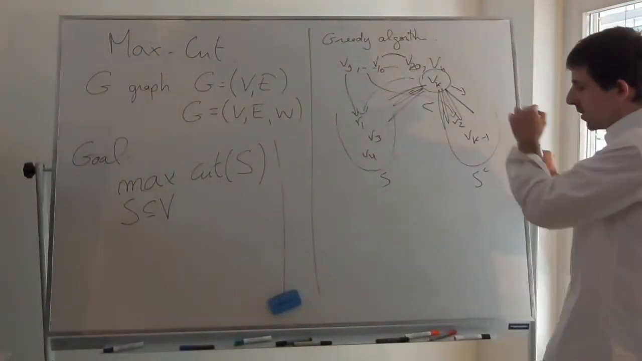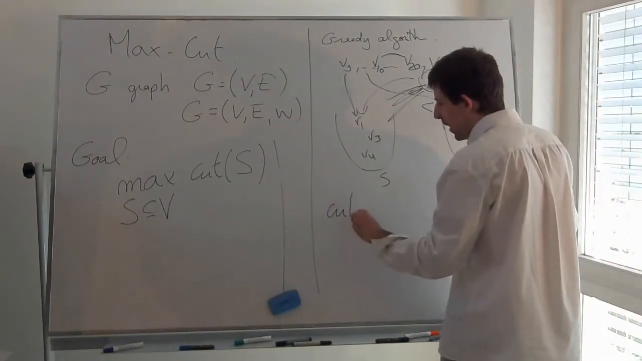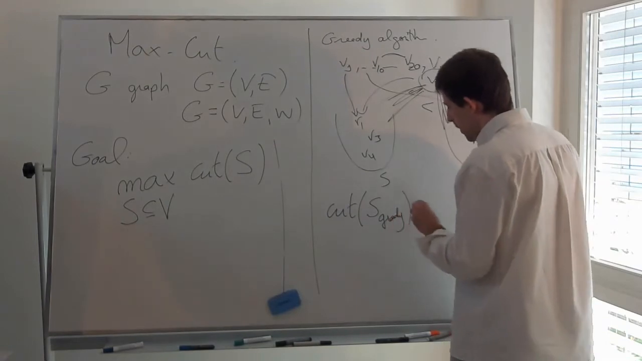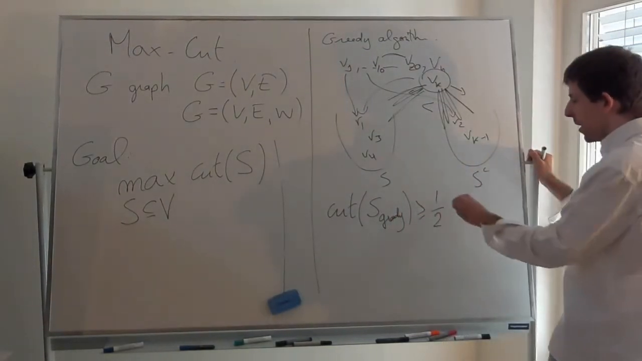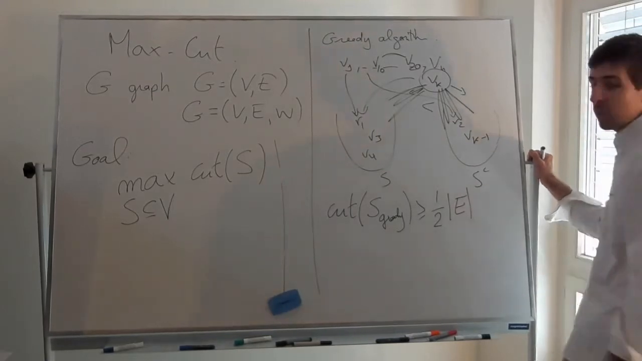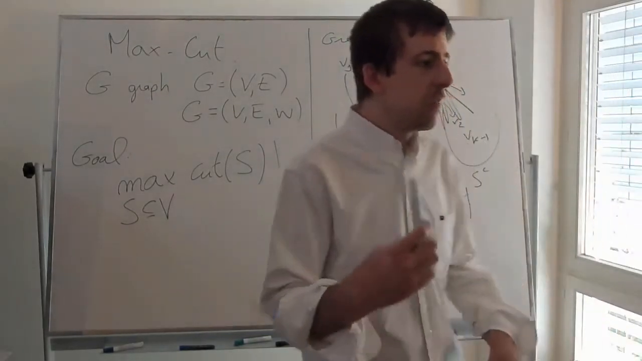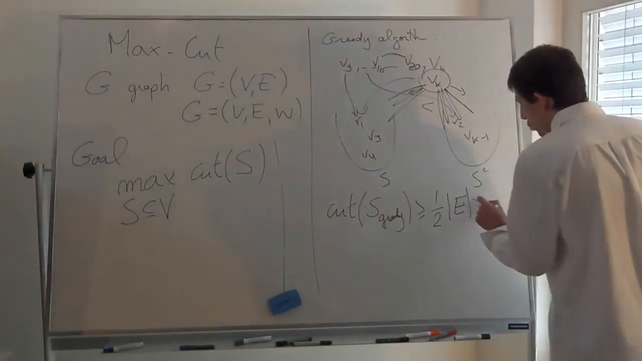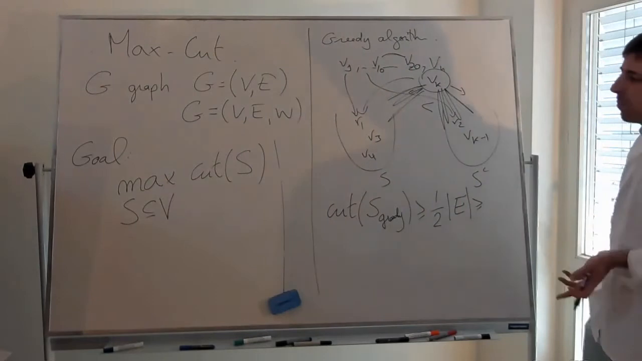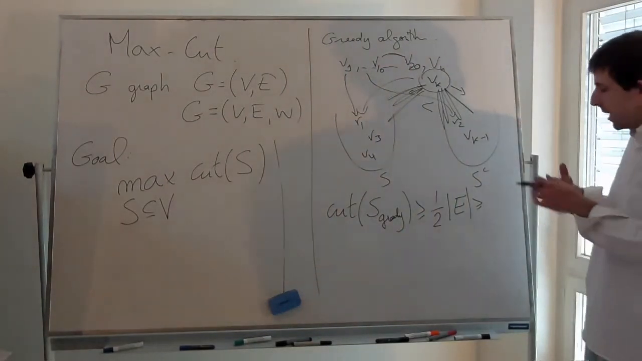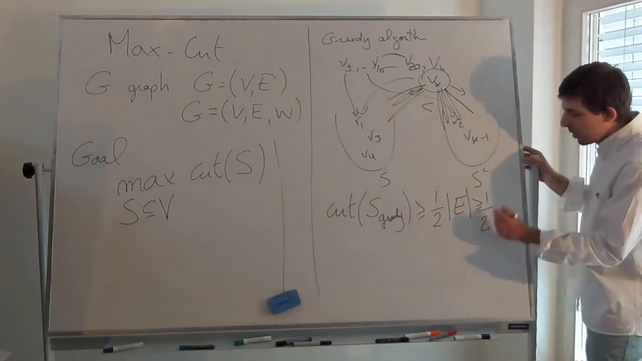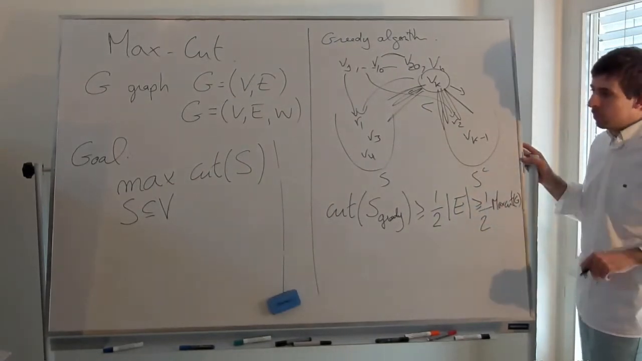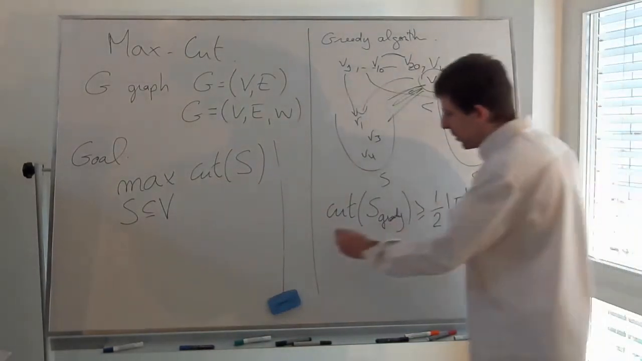But this greedy algorithm has the property that the cut of S greedy is bigger or equal than half, not even of the best cut, but half the number of edges. It's very, very easy to cut at least half the edges, okay? But for sure, the maximum cut cannot be more than the number of edges, because I cannot cut more than the number of edges. So in particular, this is always bigger than half the max cut of the graph G. Okay, so here we already have an approximation algorithm